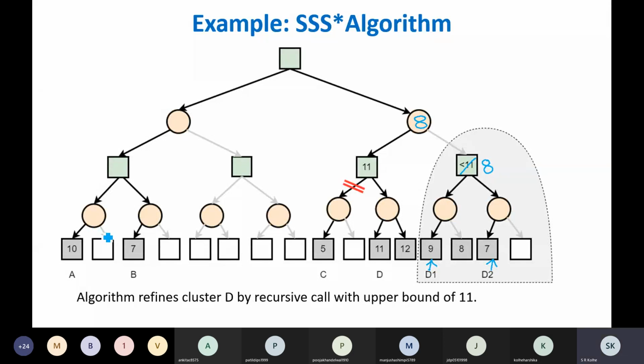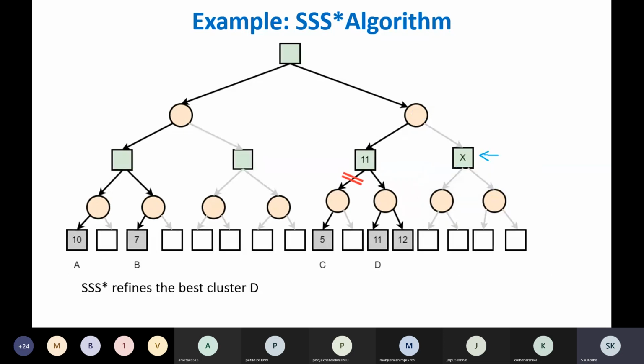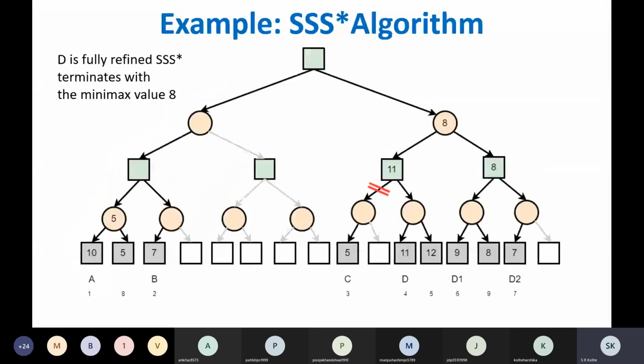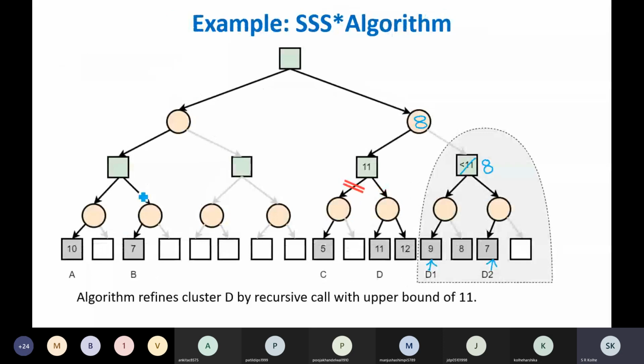What will happen? A is a max node which is solved because it's a terminal node. It has a sibling, so this node will be evaluated. What is this value? Let us find out. 5. Okay. So this node will be evaluated with value 5. What will be the upper bound now? It will be 5. Now it will change. Now that will be 5. So the upper bound has decreased to 5 from 10.